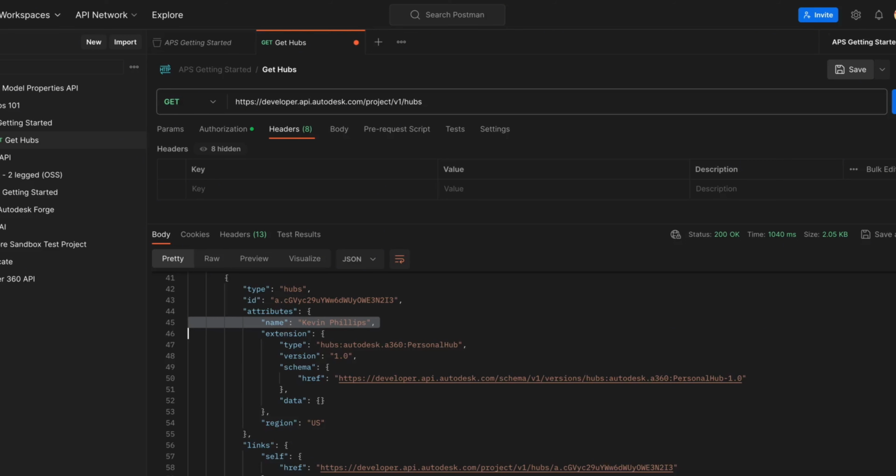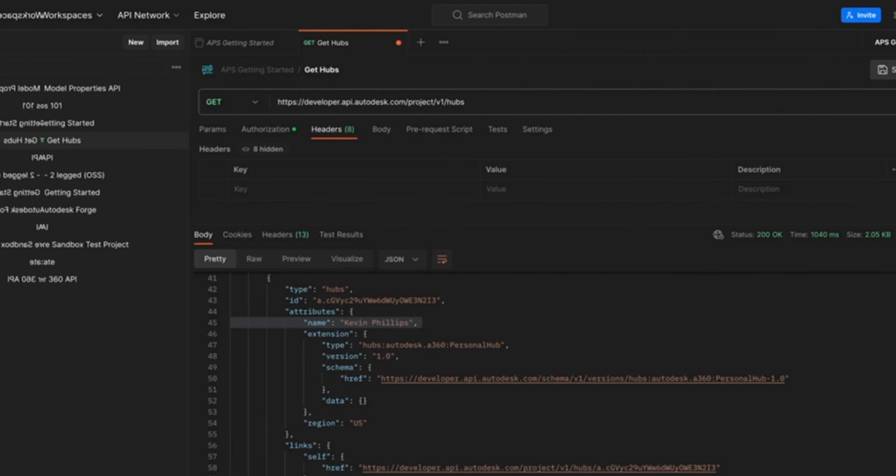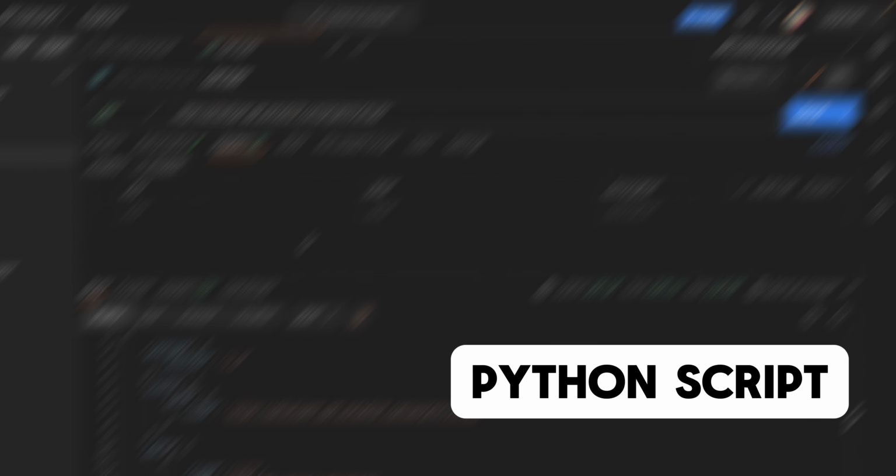Each hub has an ID. Note that, because we will need to use this hub ID later to call subsequent API calls to get deeper into the data, like getting all the projects on the hub. While we won't dive into that in Postman, I'll show you how to list projects within a hub using Python